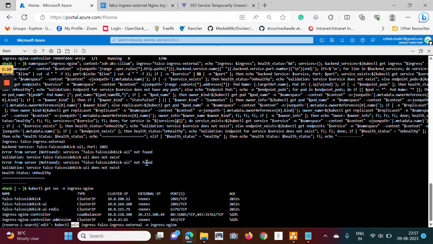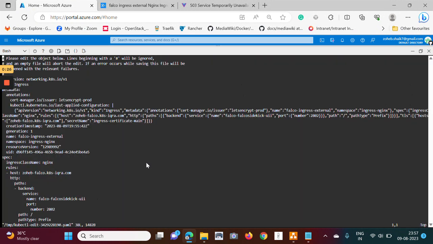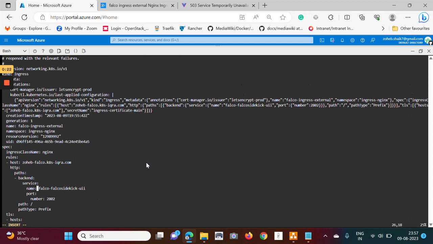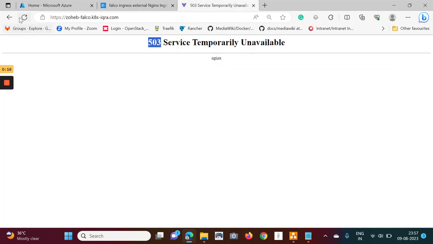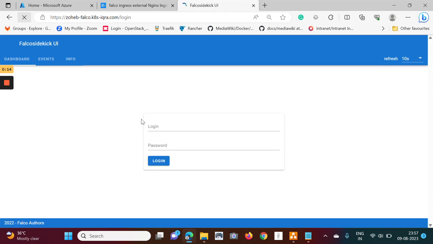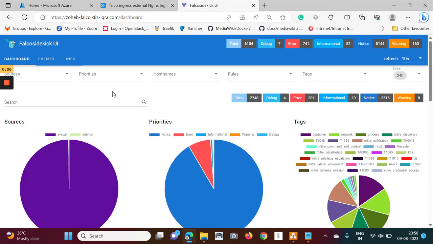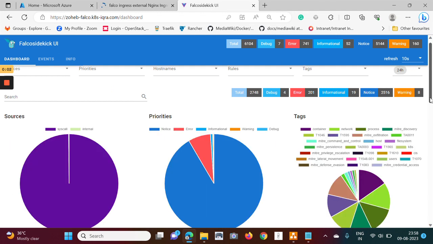Maybe I just need to edit that ingress. Let's try to access this application. Done. So within less than a minute, I'm able to quickly troubleshoot and I'm able to access the Falco dashboard. And this dashboard can help us in